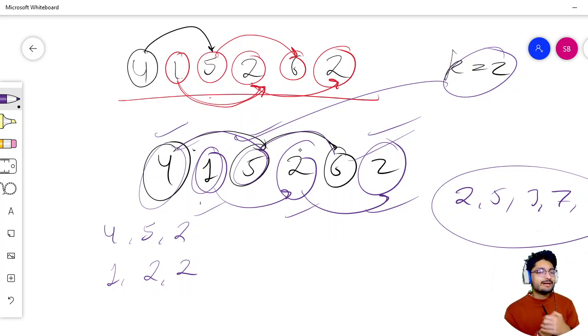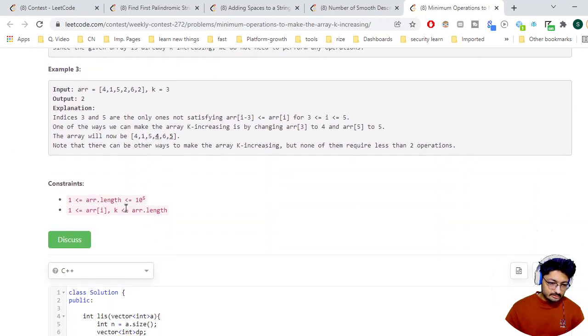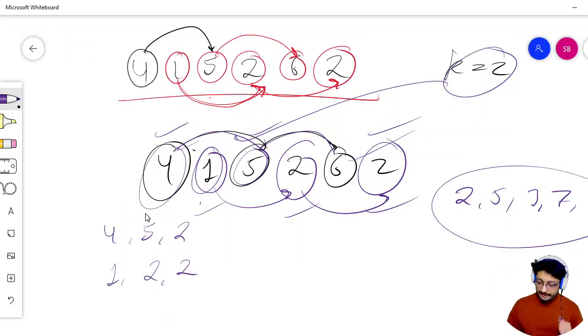Now there are multiple videos out there on finding the longest increasing subsequence on an array, but one thing you have to see here is that n is pretty large. In most problems, finding the longest increasing subsequence takes O(n^2) time complexity, and if you use n square here, it will give TLE. So you have to do one more optimized approach, finding the longest increasing subsequence using the n log n approach. I'll tell you that and then it will become more clear. So let us move everything out from the screen.